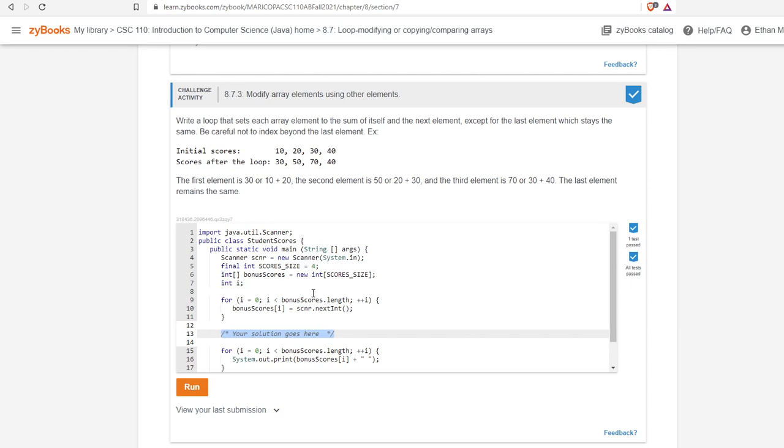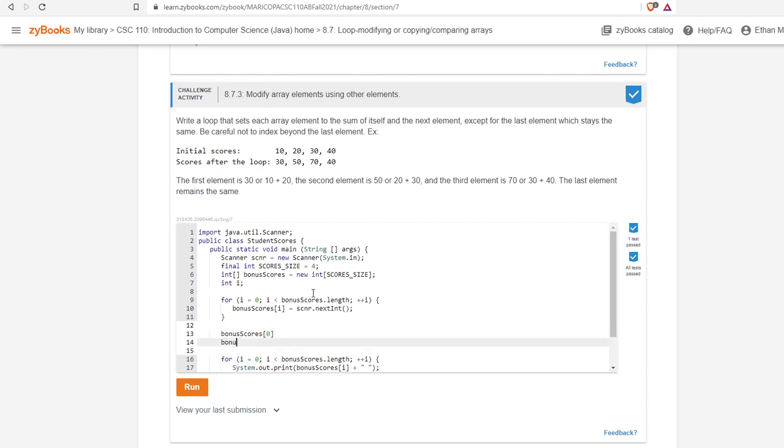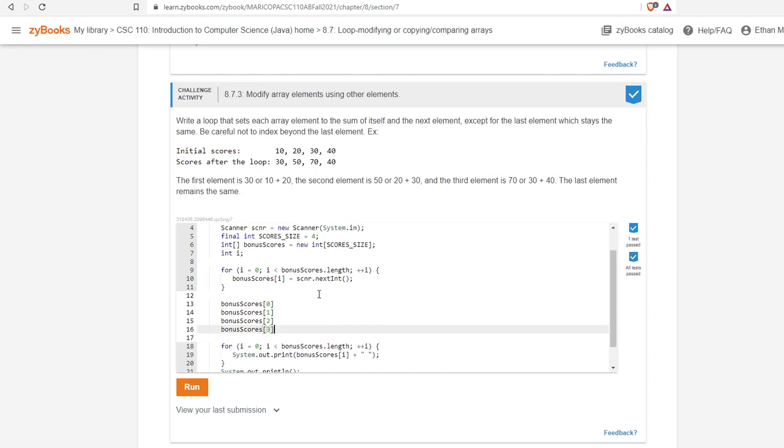size of 4. So the different variables we have to access are bonus scores 0, bonus scores 1, bonus scores 2, bonus scores 3. Right? And each of these is a separate integer value that we can access using the indexes 0 through 3. Okay? So what it wants us to do is basically set bonus scores 0 equal to bonus scores